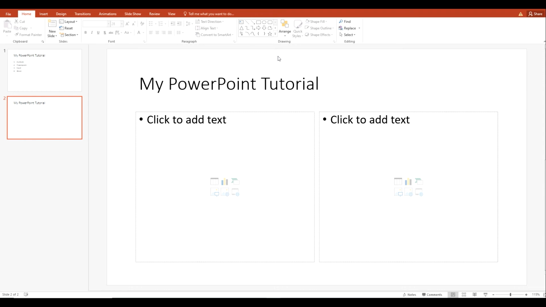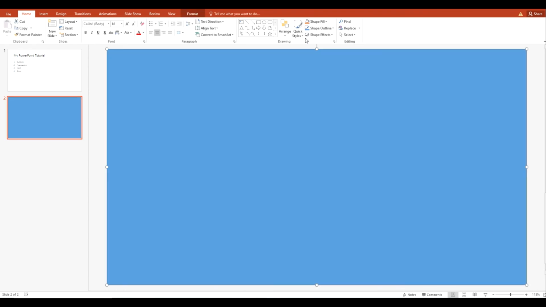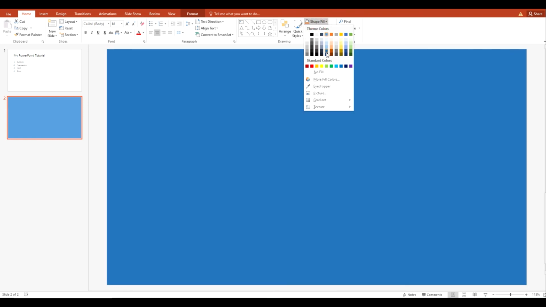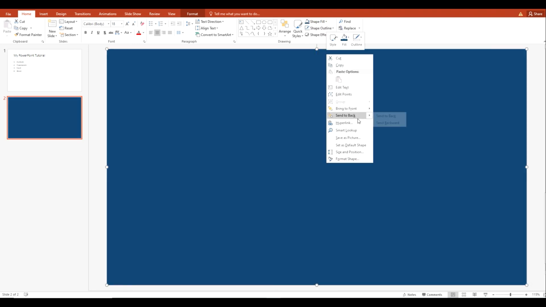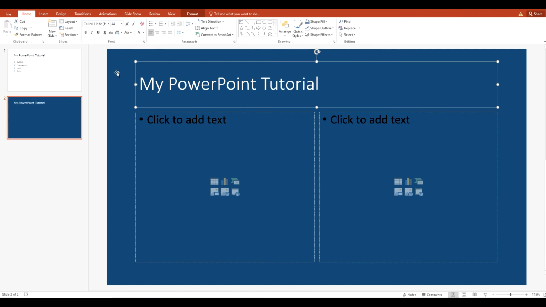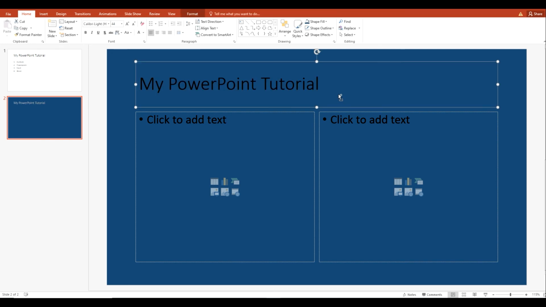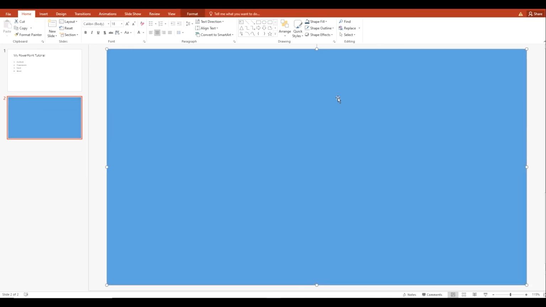There are multiple ways of doing it. You can simply insert a box here. We can do shape outline to no outline. We can give a fill color to a nice dark background and send it to back. And we can change the font color to white. The other way around is, I'll press Ctrl Z. Another way of doing it is,